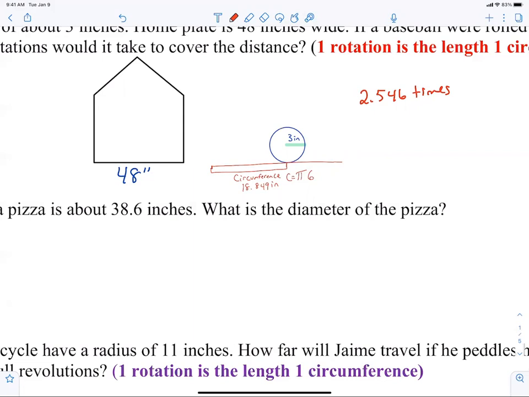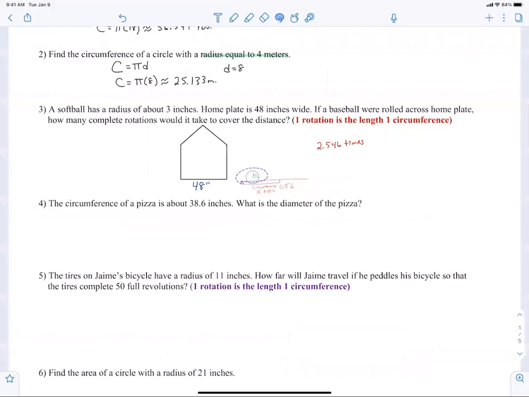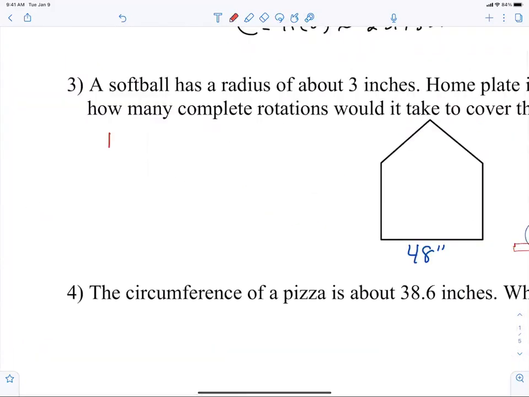So basically what I'm showing you now is I'm trying to take this ball and roll it across here. You hear me? So when I roll it across here, you took this distance across and you divided it by the circumference. That tells you how many times. So again, your distance divided by the circumference